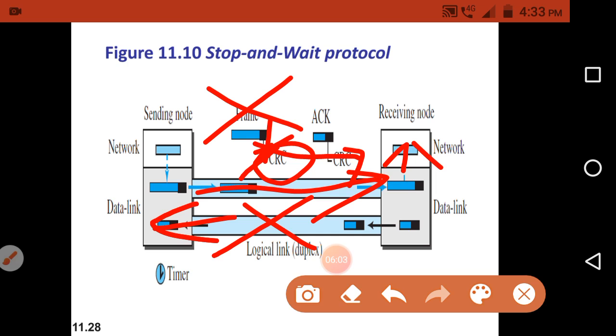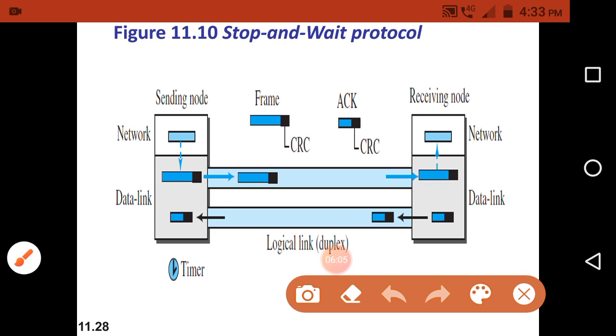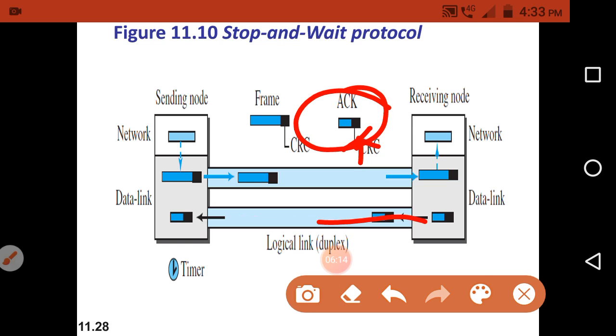Okay, same thing here for the acknowledgement also. The receiving node has added some cyclic redundancy check to the acknowledgement frame. Whenever the acknowledgement frame reaches the sender node, the sender node checks that CRC. Based on that CRC, it comes to know whether the received acknowledgement frame is a corrupted one or a correct one.